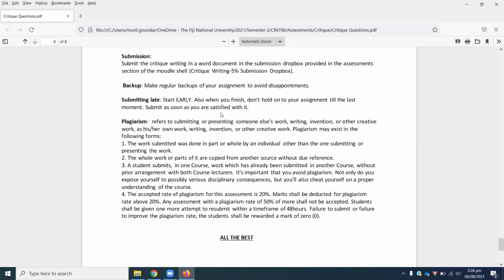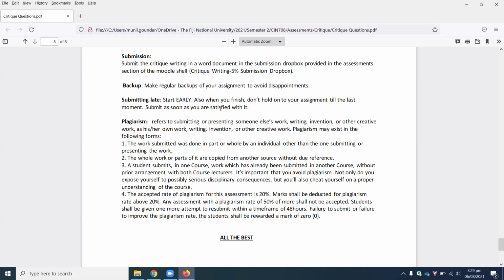Now please try to refrain from copying and pasting. If you are picking up ideas from the web, try your level best to rephrase it in a way which couldn't be identified as copying and pasting, and also try to understand and write it down in your own words. So no problem. Okay.